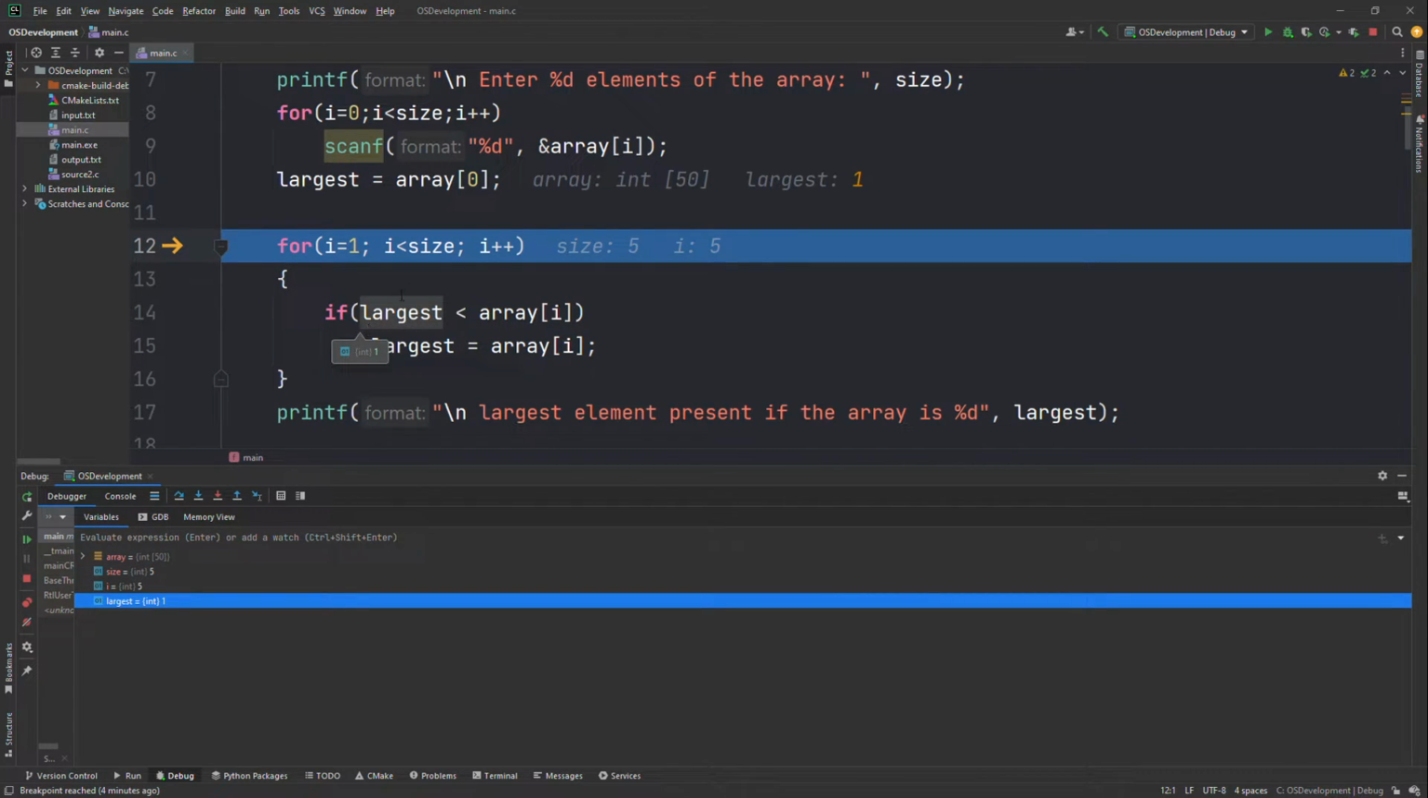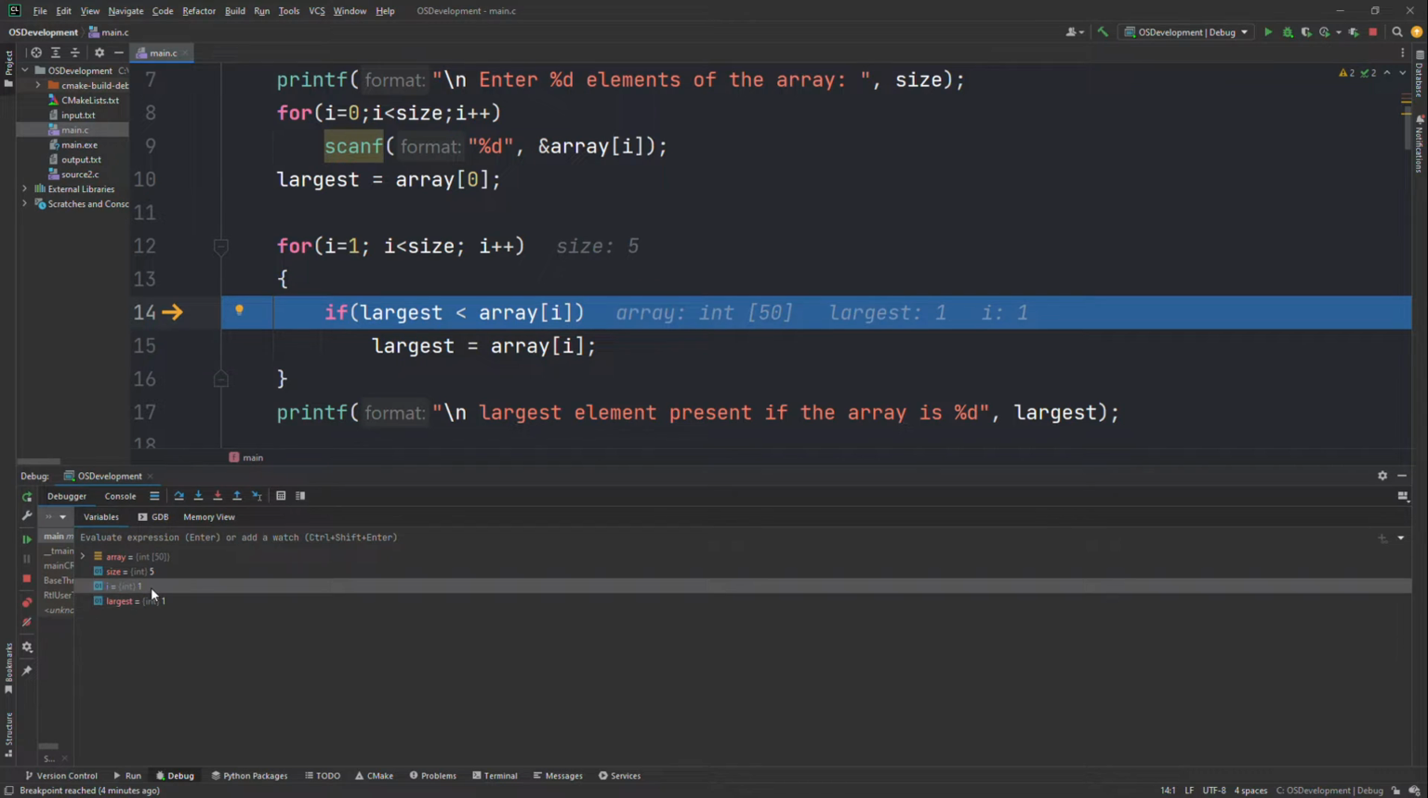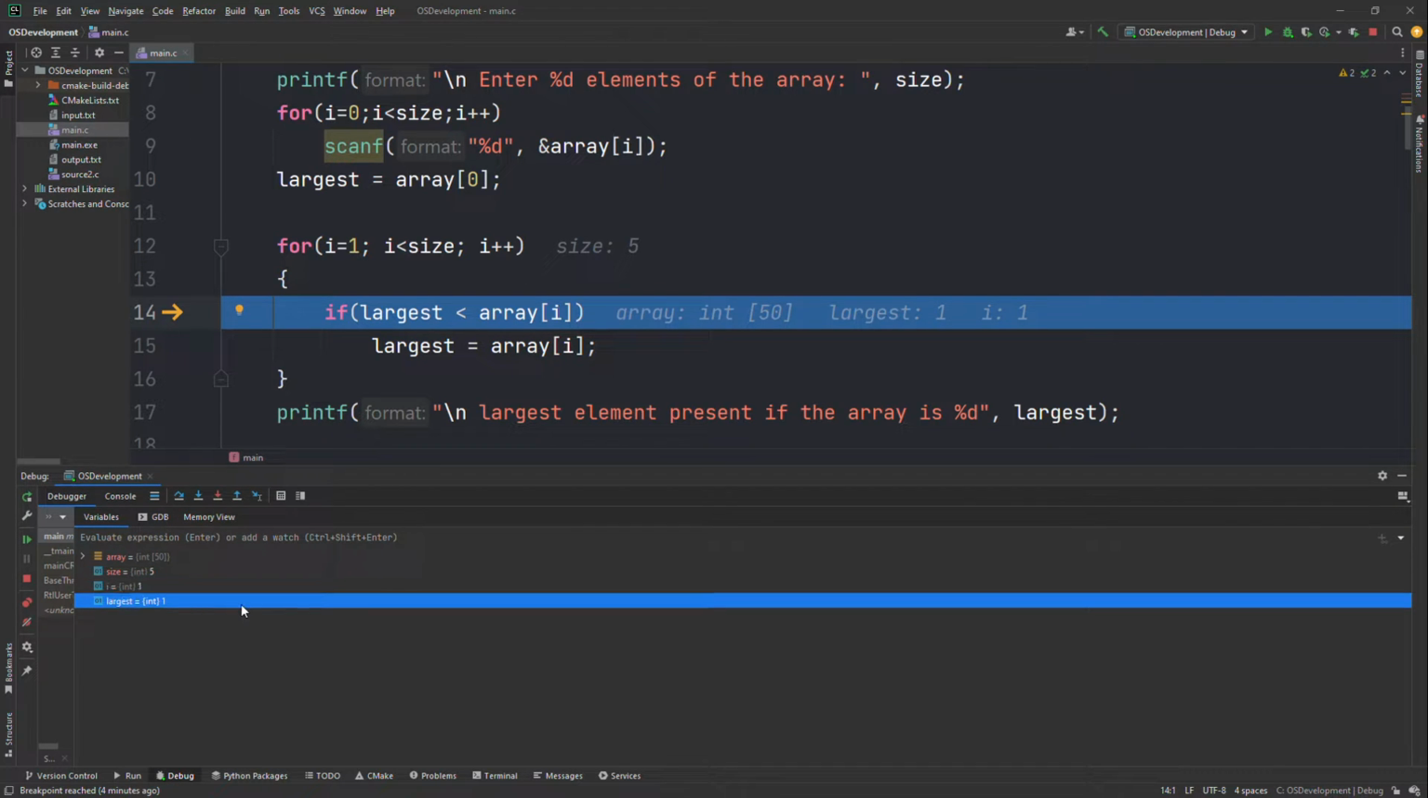And we're going to loop again. And we're going to skip the first index, so now i is going to become 1. So 1 is less than size, which is 5. So for i equal to 1, i less than 5, i plus plus, that's true, so it's going to step into the loop, and it's going to check if largest is less than array of index i. So array of index i is 2. So if largest, which is pointing to the value 1, is less than array of index i, which is